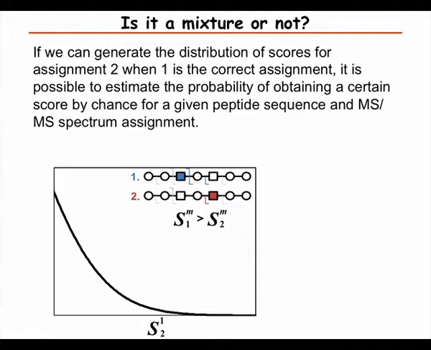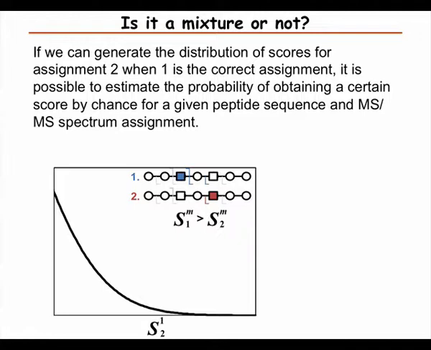What's the chance of getting a score for 2 that's equal or larger to the score we get? The difficulty is of course to generate the spectra that are realistic,